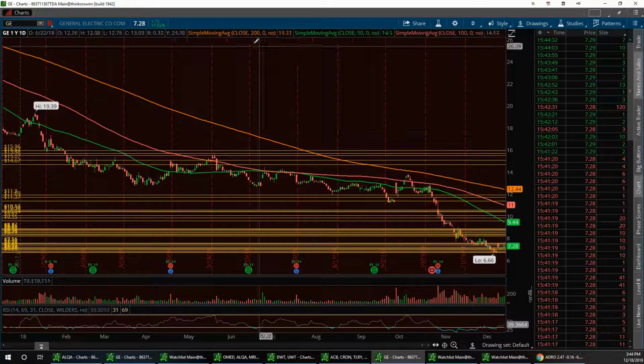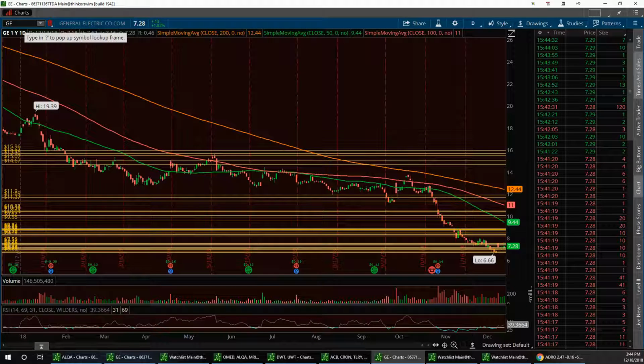And that's GE, and I'm semi-bullish on it, 50%, for scalping. Scalping only, not for a hold, for scalping. So this is another one that Jimmy likes. That is